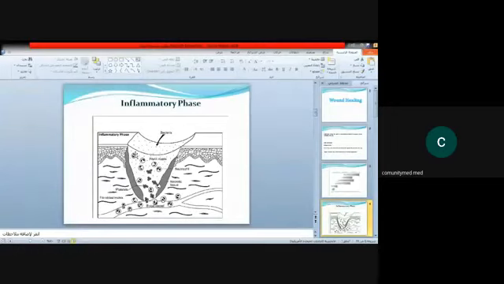The first role is to engulf the necrotic tissue, remove the debris, and kill the bacteria inside the wound. So they are scavengers. They are cleaning cells. They are going to clean the wound, first of all. And the second important thing is they are going to manage the wound healing process in general. They are the managers. They are the controllers. They are the orchestra of this symphony.